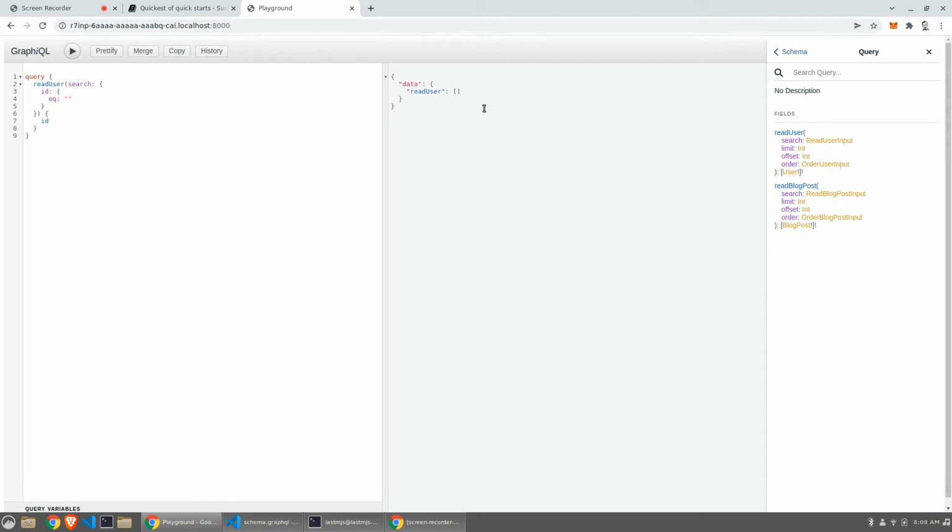Okay, so it returned nothing. It should be faster. Okay, yeah. It's pretty fast now. So I don't have any users in the database, therefore it didn't return anything. Let me do a quick mutation for you, and then we can start having some